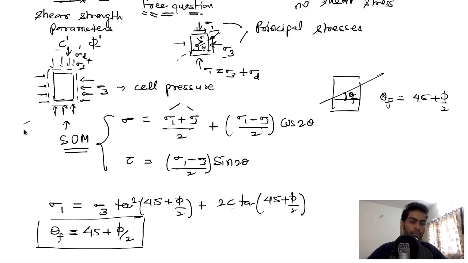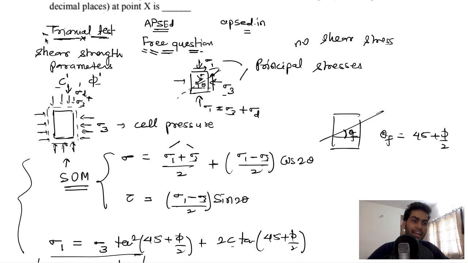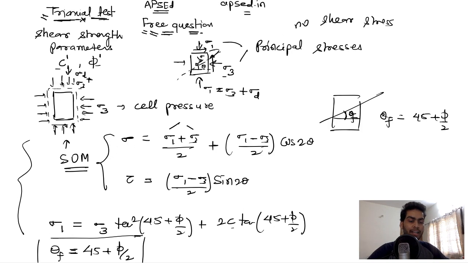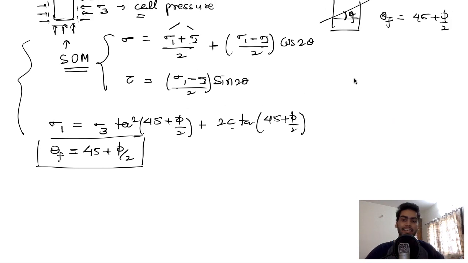Now most of the problems that are asked from triaxial test can be solved with these many formulae, and a little bit understanding of this triaxial test. So as I told you, we have cell pressure that is applied in first stage, and we have additional deviator stress that is applied in the second stage. Now based on that, there are three types of triaxial tests. First one is UU test, second one is CU test, and third one is CD test.